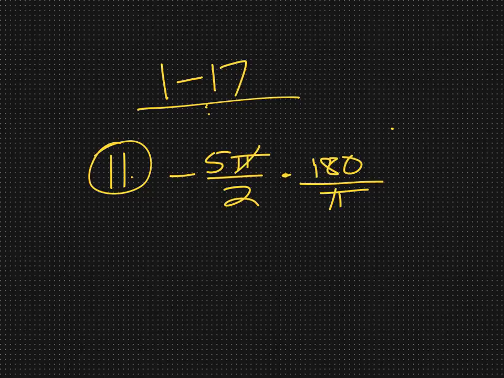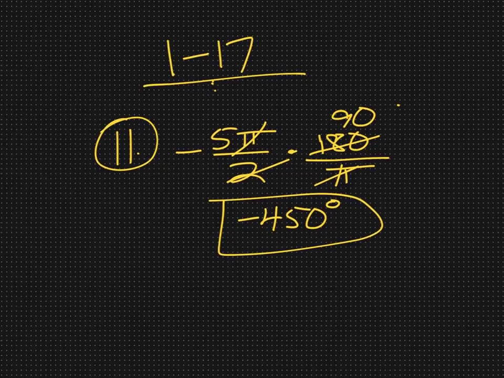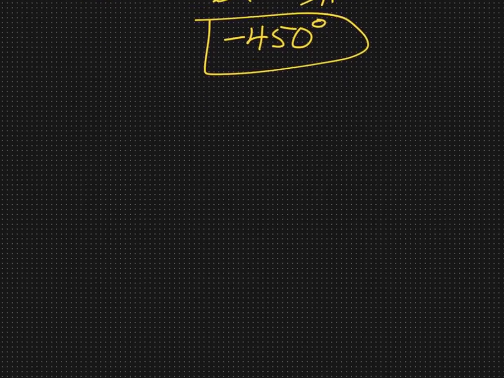Okay, so here the pi's cancel. 2 cancels with 180 and makes 90. And negative 5 times 90 is negative 450 degrees. Okay. I also had the very next problem picked out for us to take a look at. Number 12